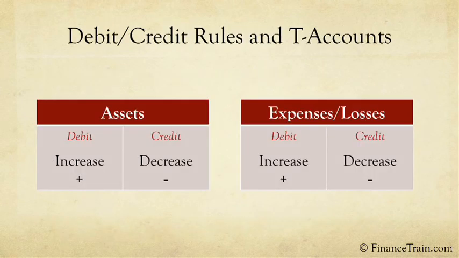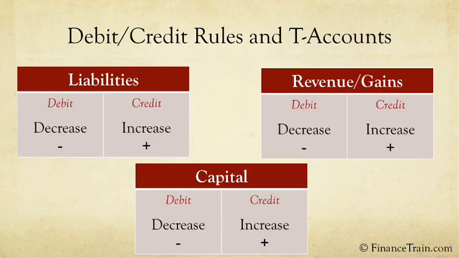These two rules can also be represented on the T accounts as shown on screen. As you can see, for both the asset and expenses or losses accounts, an increase is debited and a decrease is credited. Similarly, for liabilities, capital and revenue or gain accounts, an increase is credited and a decrease is debited. Remember that each transaction affects two or more accounts. One T account represents one account. In the following screens, we will look at the transactions at Web Design Inc. and see how they are recorded in the T accounts.